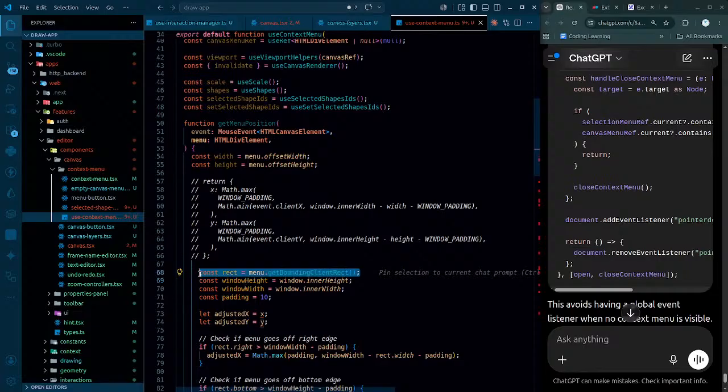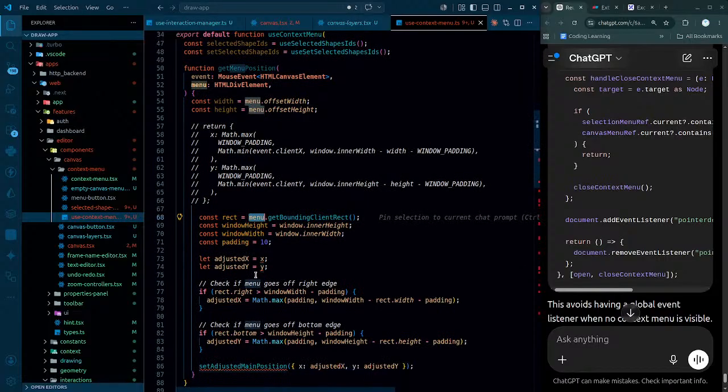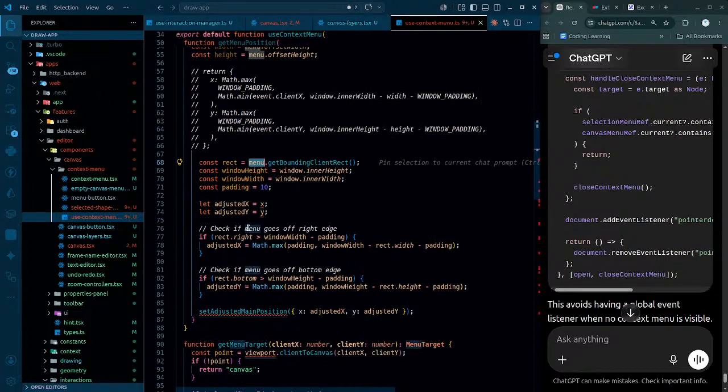Ultimately menu dot getBoundingClientRect simply returns the information about the menu, whichever that is. And just after that we got this rect, and this rect is actually being used. So rect dot right gives me the right coordinate. Then we have rect dot left over here, rect dot width, rect dot height. But what I actually want here is